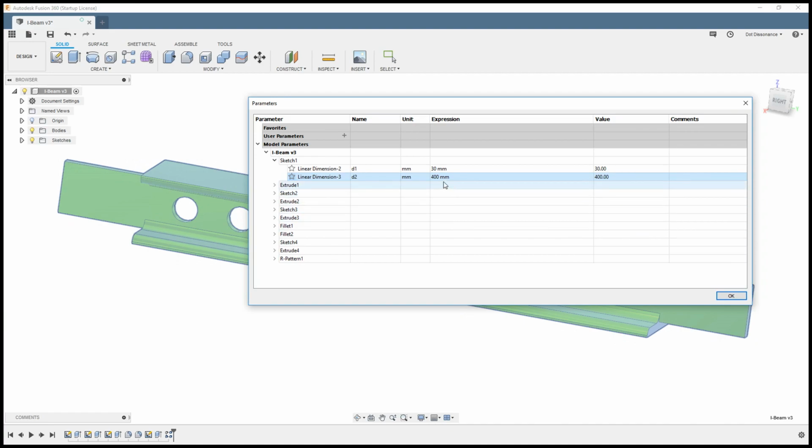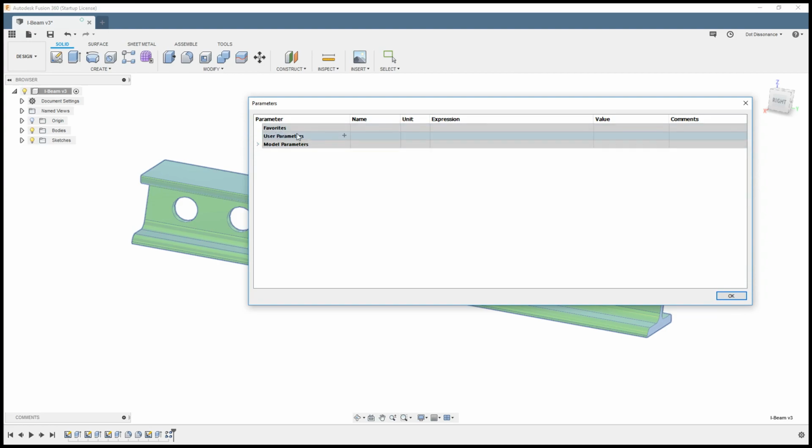And so that's fine, but this is not really any faster, probably even slower than if I were to just go to the sketch and edit it. So we kind of want something maybe a little bit easier. Not that this was hard to do here, but to try to find it. So imagine if we had something even larger, a bigger product, then you'd have to figure out where it was in the timeline and then come up here and click, click, click and find it. So what we're going to do, well, first we'll set this back,